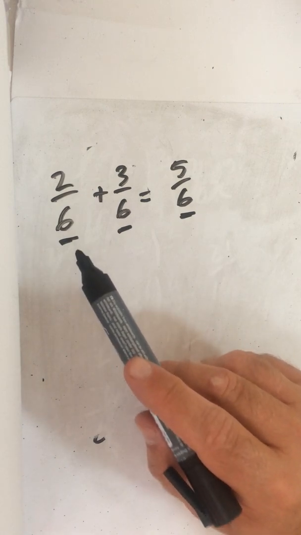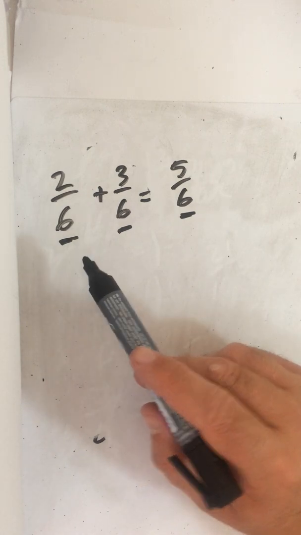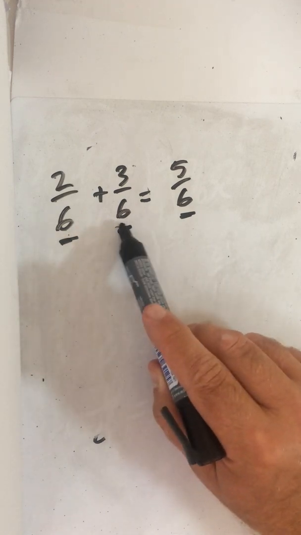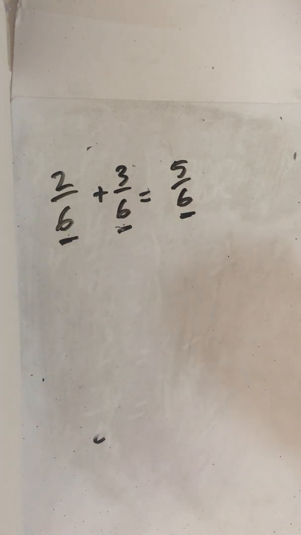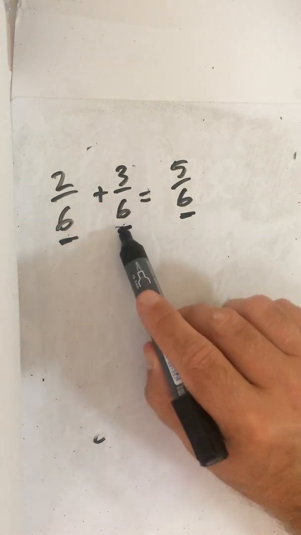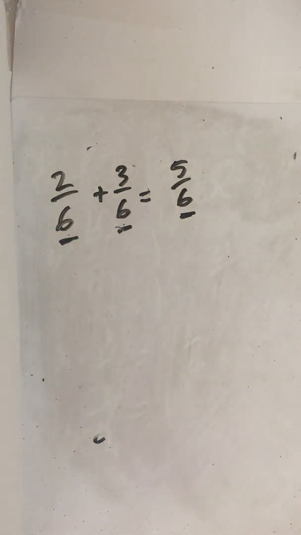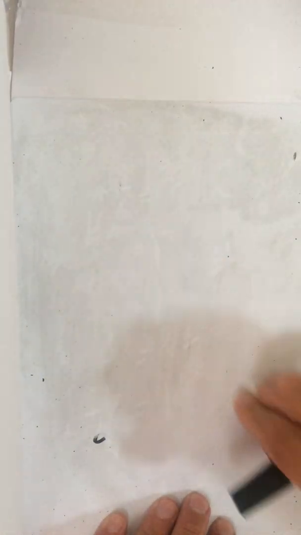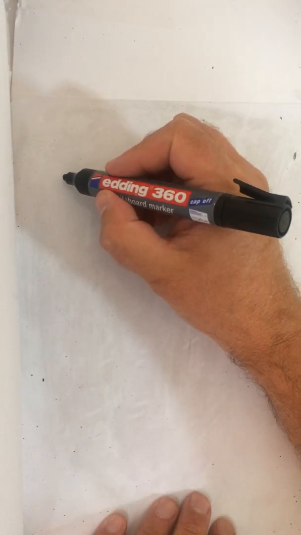And this is what we have to do when we go to trickier questions. Okay, we have to make sure the bottom numbers, the denominators, are the same. Adding and subtracting fractions is easy as long as those denominators are the same. So the key in the work we're going to do today is making sure we make the denominators the same. So let's have a quick look. So say for example I've got